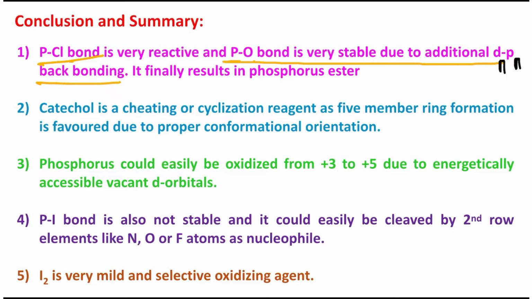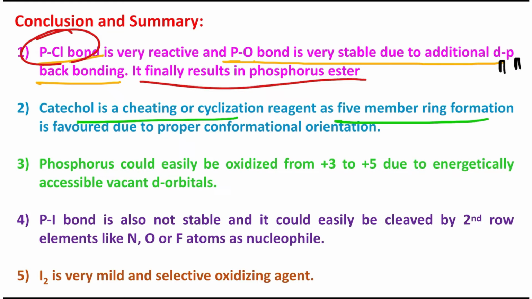And because of the reactivity of this phosphorus chlorine bond, it finally reacts with alcohol to produce phosphorus ester, because the starting reagent was phosphorus trichloride, so the final product here is a phosphorus triester. Catechol is a chelating cyclizing reagent, and it cyclizes into a 5-member ring, and 5-member ring formation is favored because of proper conformational orientation, and it has planarity, and obviously since these 2 hydroxyls are attached to the benzene nucleus, it's planar, it's possible, and ring strain is somewhat relieved, I will say, because the size of